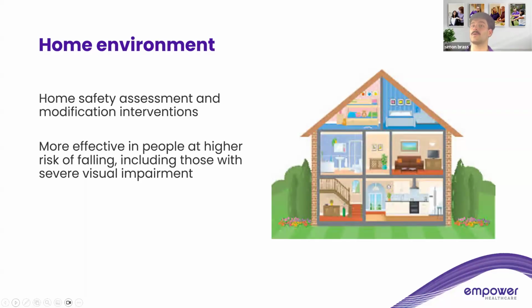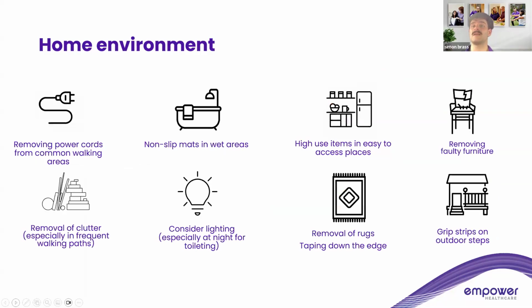So here are some quick home environment tips. These few tips are to reduce hazards in the home environment. They're easily addressed, and so they don't necessarily require OT input to achieve. So just reading across here, think about removing power cords from common walking areas as you could trip over them, using non-slip